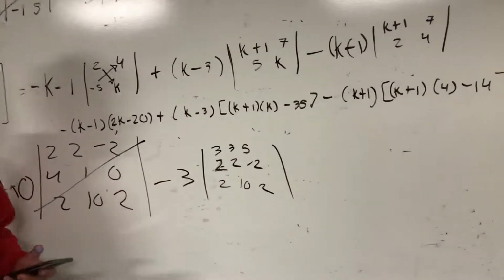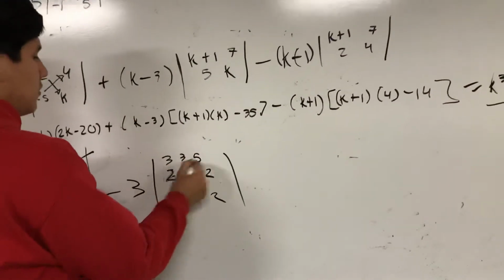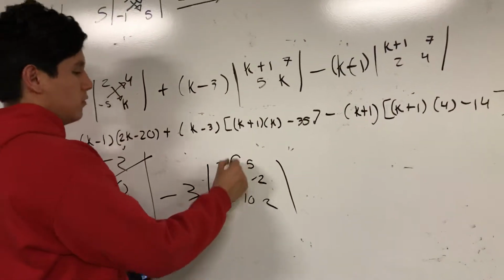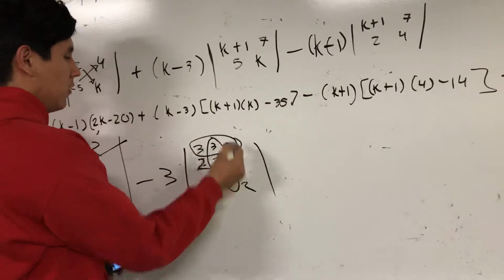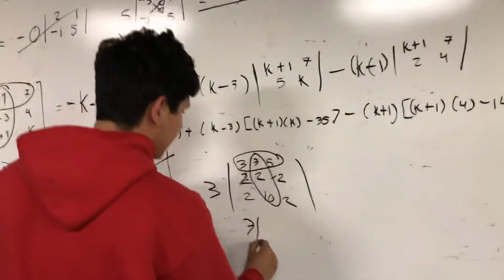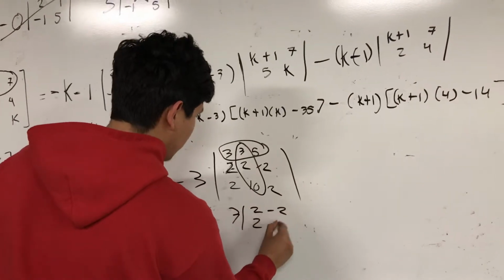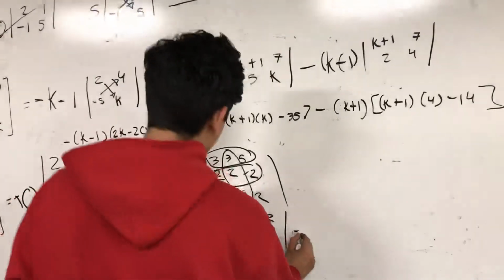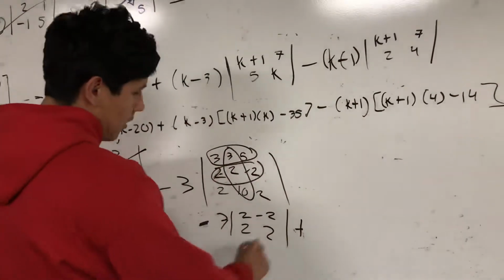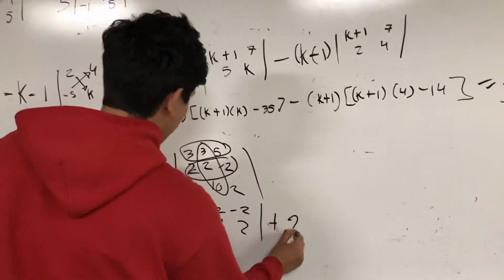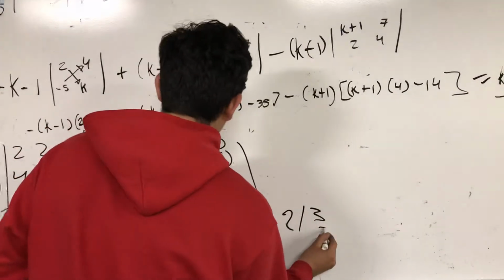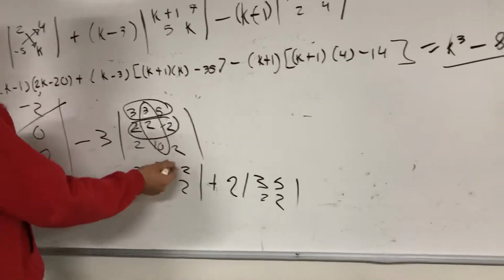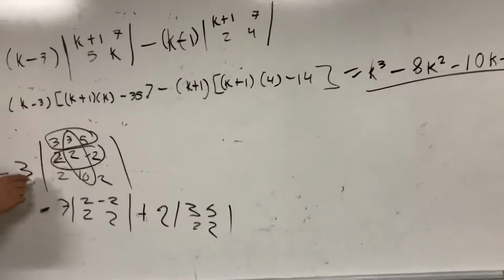So what is the next step when we have this? We have to choose a number like in these problems before. So I will just choose the middle one between this one. So it will be 3 times 2, 2 minus 2, 2. Then we get this one, and it will be my plus, this is a minus, plus 2, 3, 2, 5, and 2. So we just have to do the same. So doing minus 3